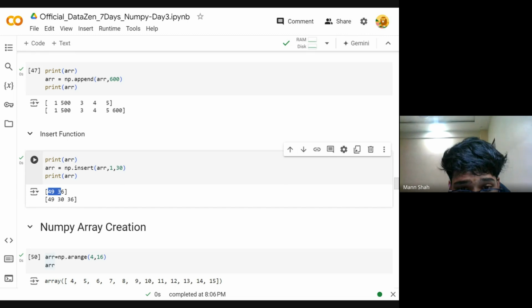ओके, तो हमारे पास एक एरे है 49 और 36 एलिमेंट्स वाला, और इसमें मैंने फर्स्ट इंडेक्स पे 30 को ऐड कर दिया। तो ये 0th इंडेक्स है, इसके बाद जो फर्स्ट इंडेक्स था उस पर हमने 30 को इंसर्ट कर दिया और 36 को पुश कर दिया सेकेंड इंडेक्स पे। अगर यहाँ पे मैं 0th इंडेक्स पे इसे ऐड करूँ तो देखो क्या होता है। तो आप देख सकते हो कि हमने 0th इंडेक्स पे भी 30 को ऐड कर दिया है। सो यही था इंसर्ट फंक्शन।